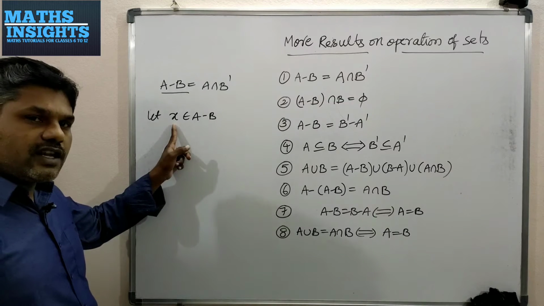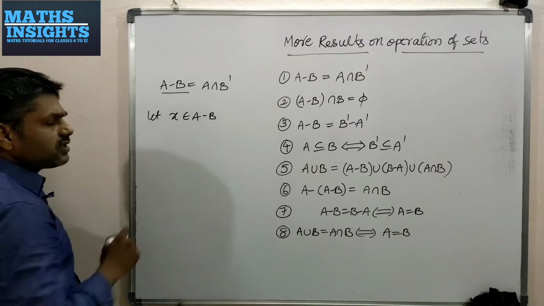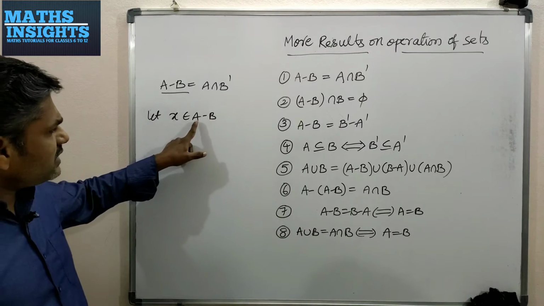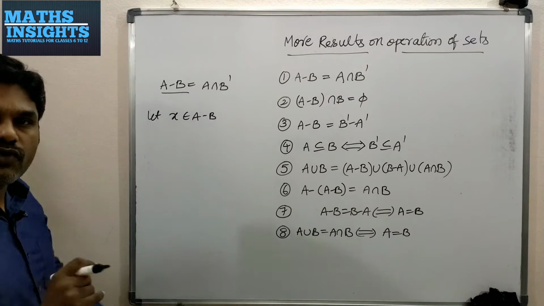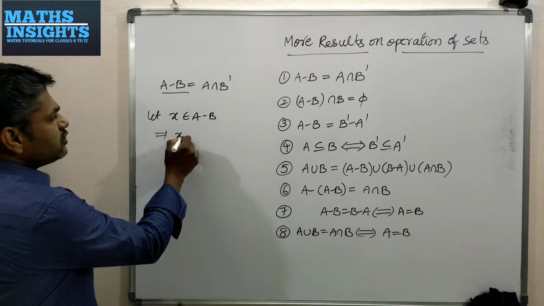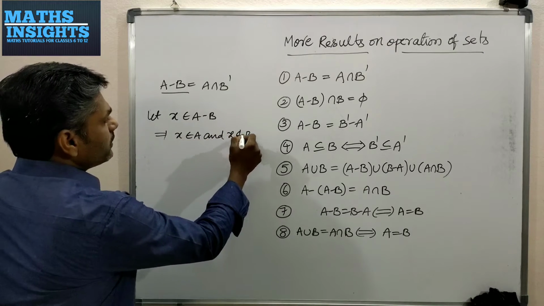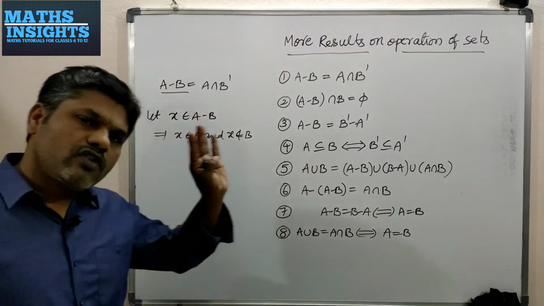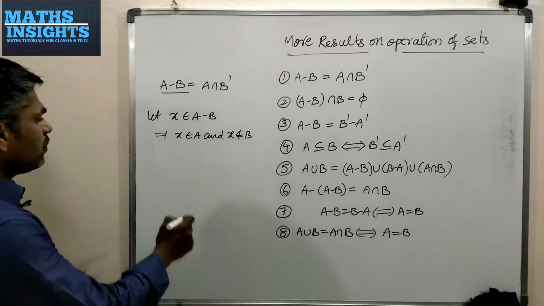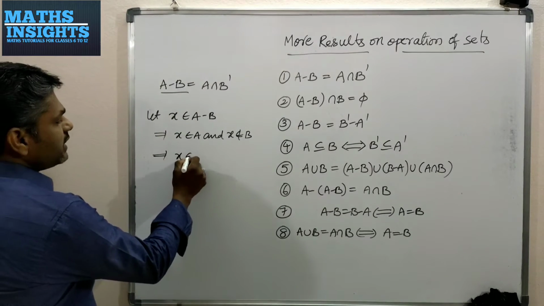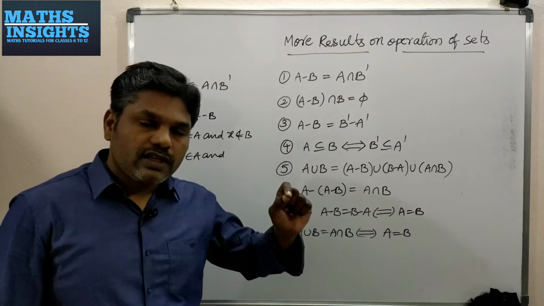This x is an element which belongs to a minus b. That means if it is in a minus b, it is only in a and not in b. Therefore that may be written as x belongs to a and x does not belong to b. Minus means you are removing, that means you are not taking the elements of b. Therefore this may be written as x belongs to a, and if x is not in b, then it will